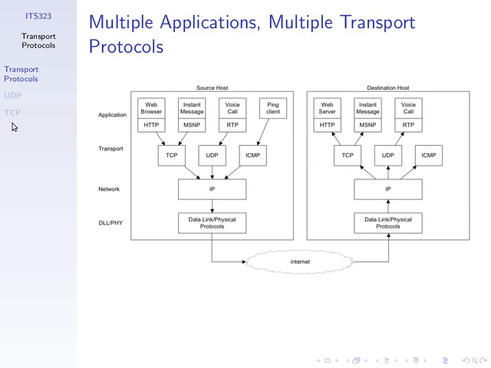This shows a source host and destination host in a bit more detail with the layers. We have some applications running on the source host: a web browser, an instant messaging client, a voice over IP client, and some other software. And on the destination host, we also have multiple applications running: a web server, some instant messaging software, and our voice software. So maybe at the same time, I would like to contact the web server, send an instant message to the instant messaging client here, and also be talking in a voice call